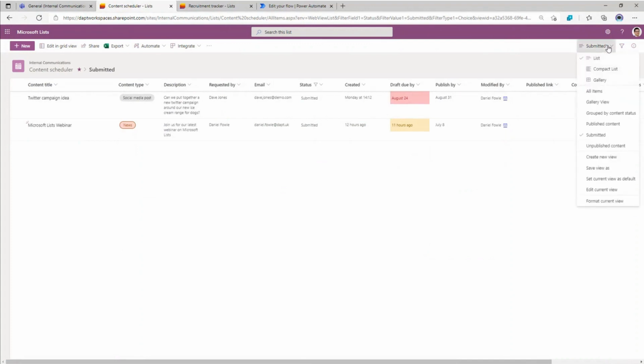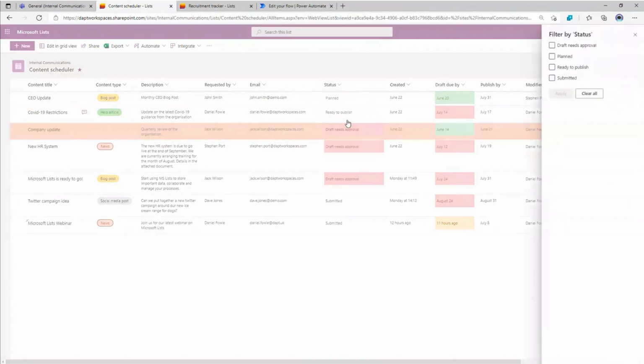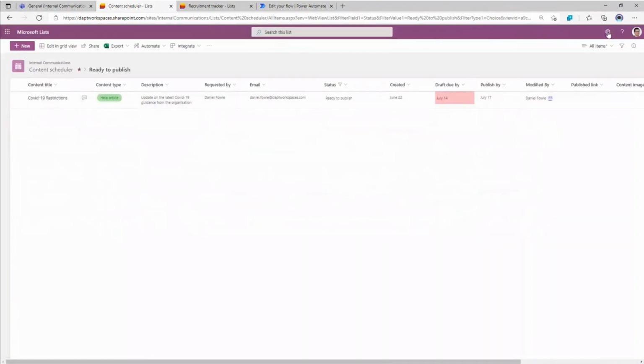So I need to come in here and actually click the option to save view as, and then I just save it as submitted, and now you can see I've got a different view showing just submitted items. And what I can do is take this view and embed it in different places on my SharePoint site, which is quite useful. I think personally the best way to create views is to go into your list and do the filter by. So I'm going to filter by ready to publish, and then you can see up here